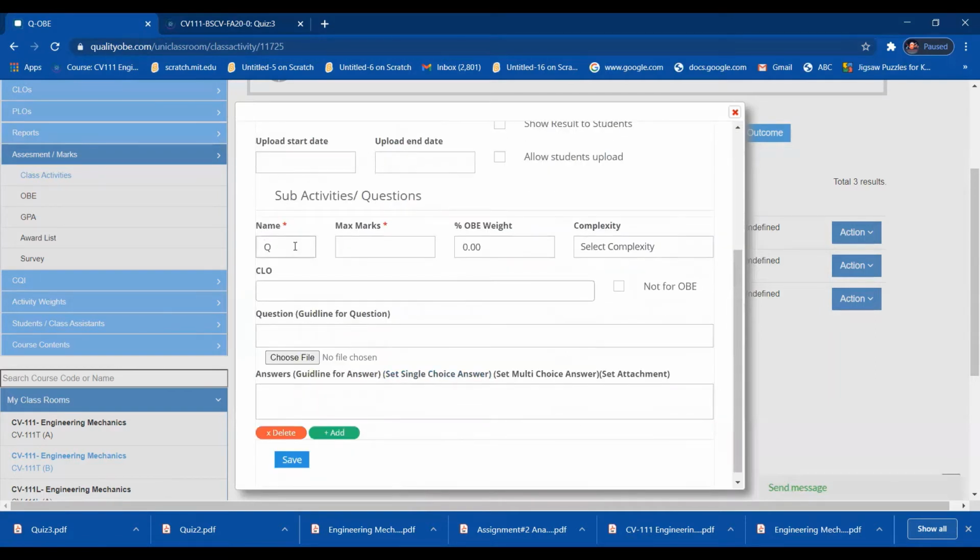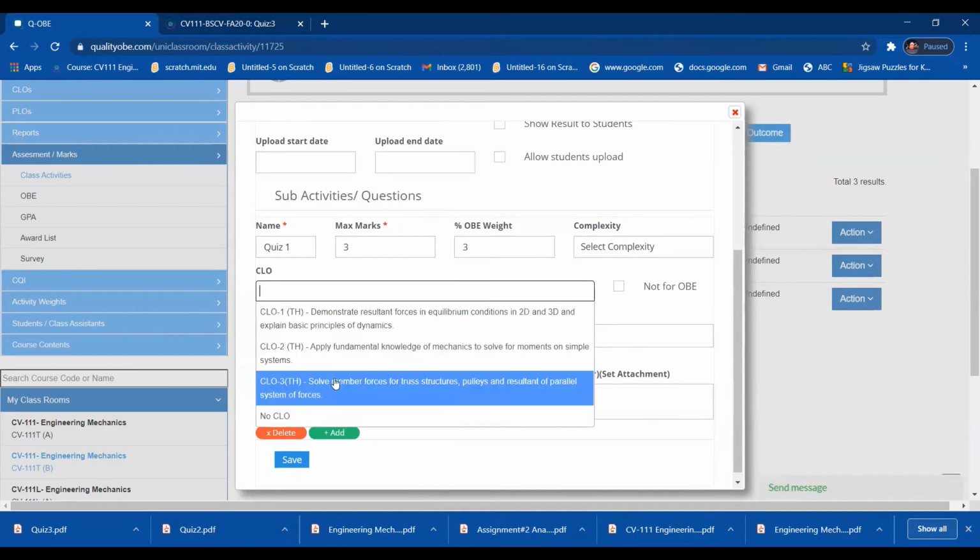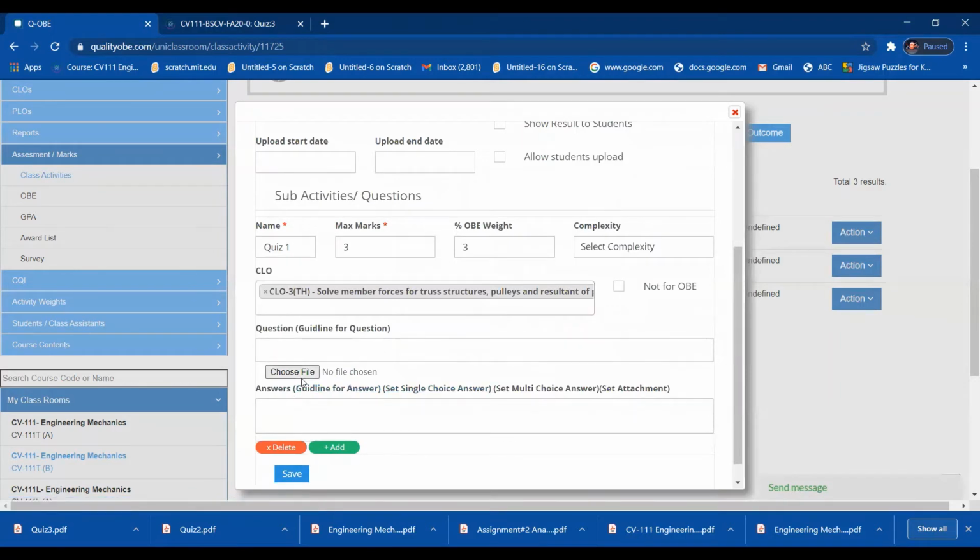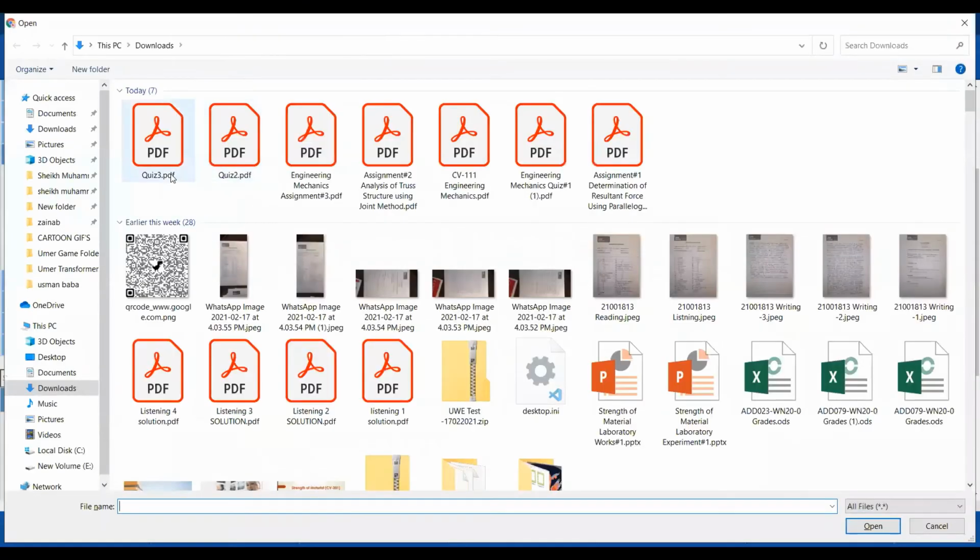This is quiz number 1. Quiz 1 has total marks of 3, and it is from CLO 3, with an OB percentage of 3. Quiz number 1 is from CLO 3, and I have to choose the file. Where is quiz number 1?